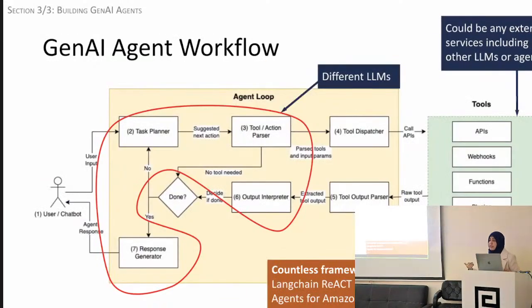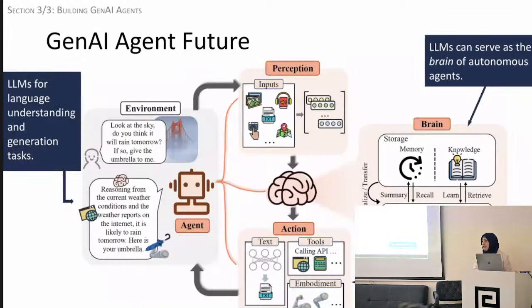This sounds very futuristic, but for anyone who's working in this domain, this is already possible. There are so many frameworks that can already enable this. There are countless. I've just given 2 over here, but there are so many, and new ones are coming out all the time. What a GenAI agent future might look like, which to the best of my knowledge does not exist right now.